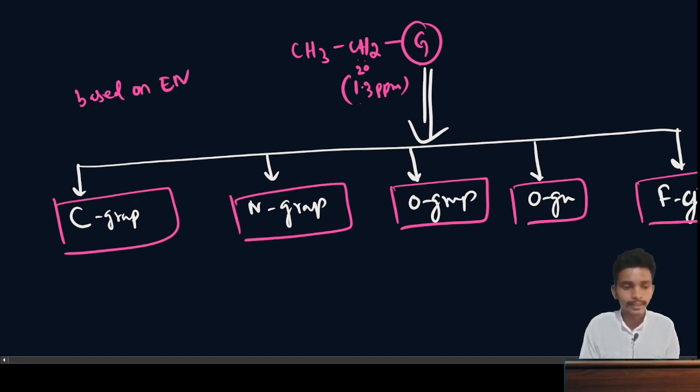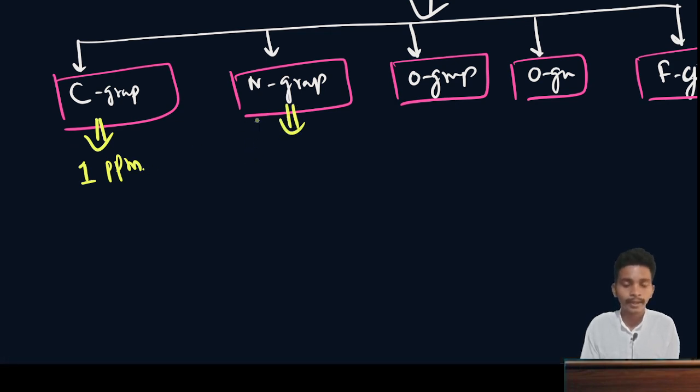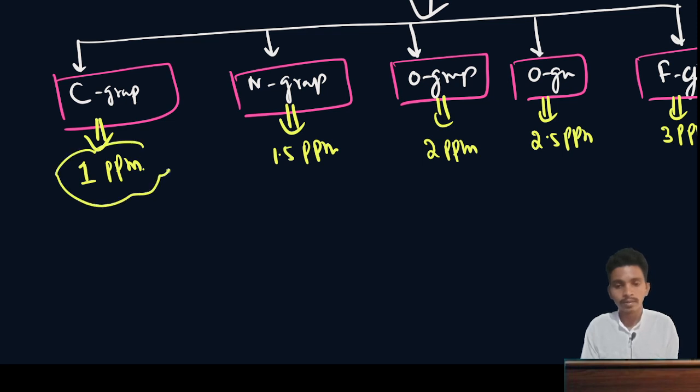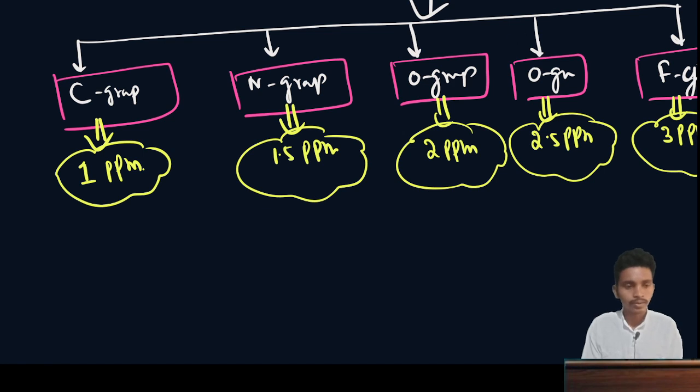Now for this increment we have 1 ppm, and for this increment we have 1.5 ppm, just increasing by 0.5. Okay, this will be 2 ppm, and this will have 2.5 ppm, and this will have 3 ppm. So I am just increasing by 0.5. Okay, so for this carbon groups,